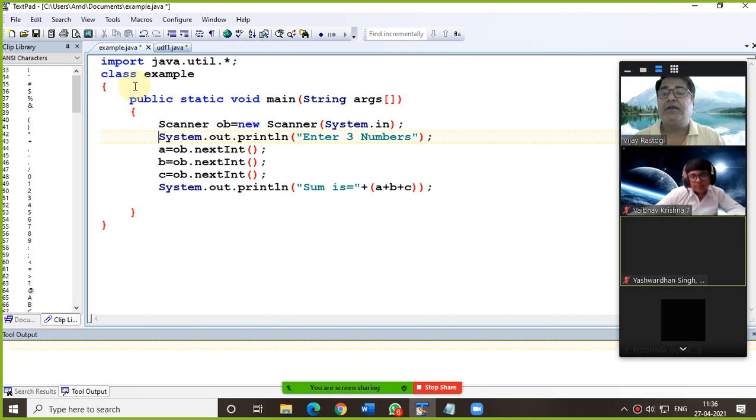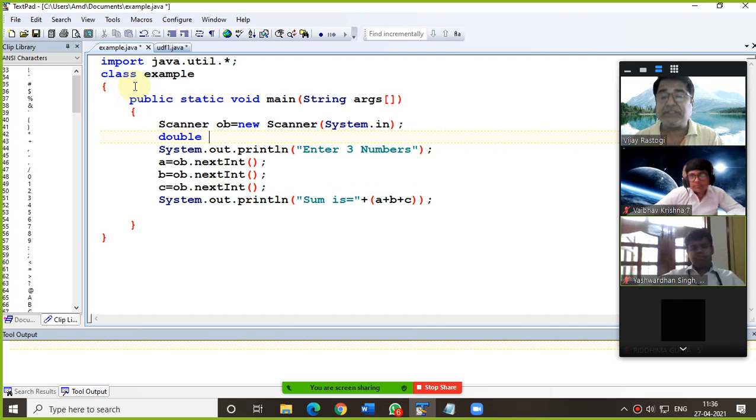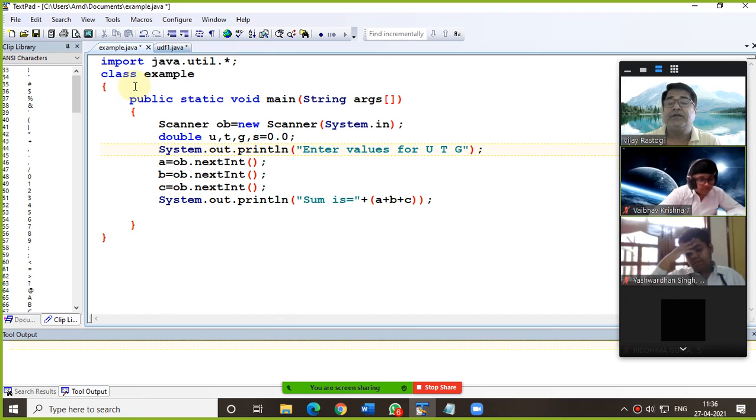Now see, first of all, we are supposed to declare the variables like U, T, G and S also. In this we will take input for double variables. Enter values for U, T and G. Now I am using this and this.